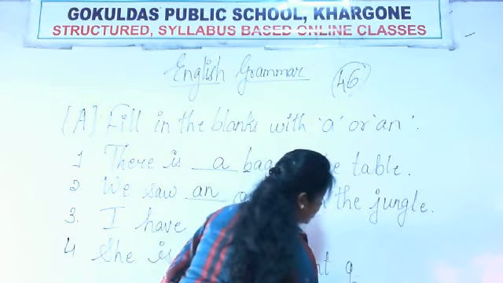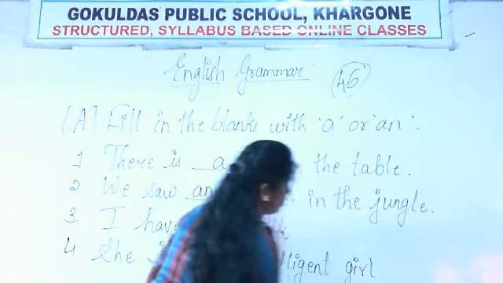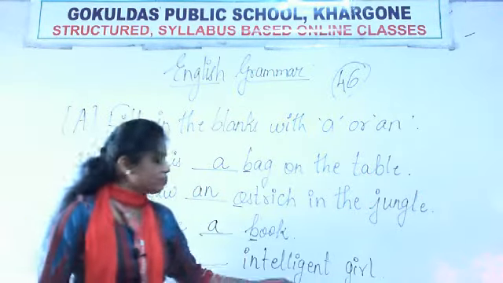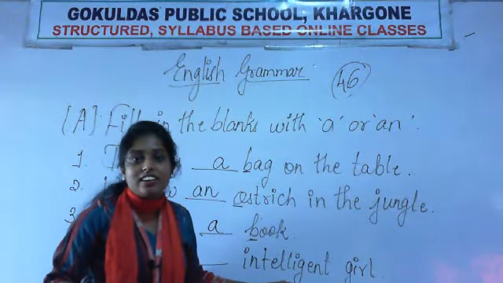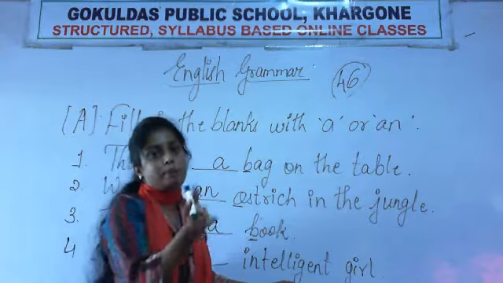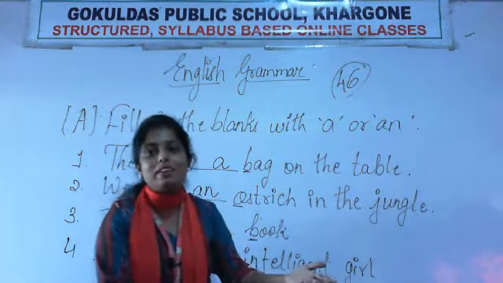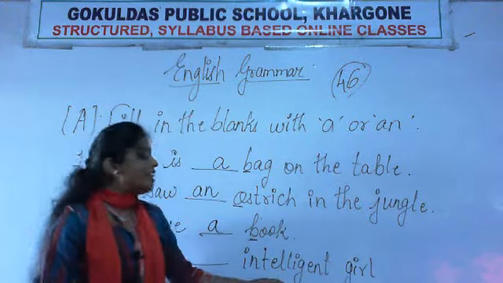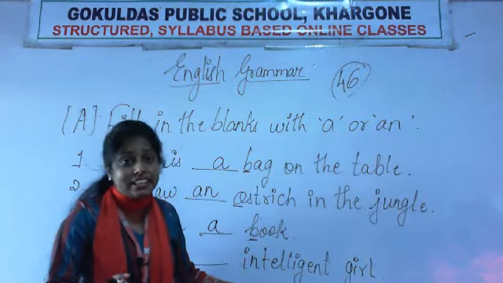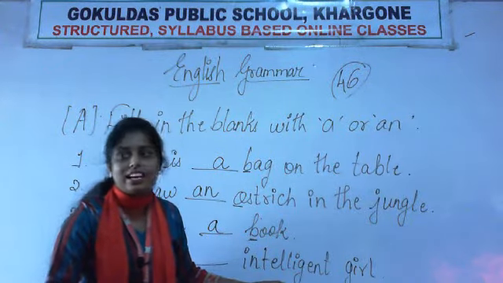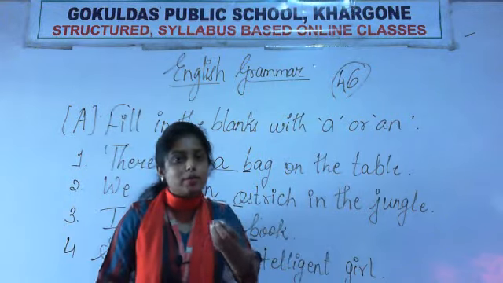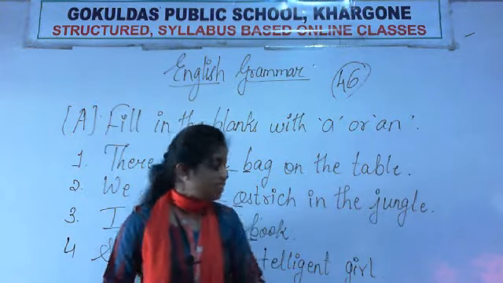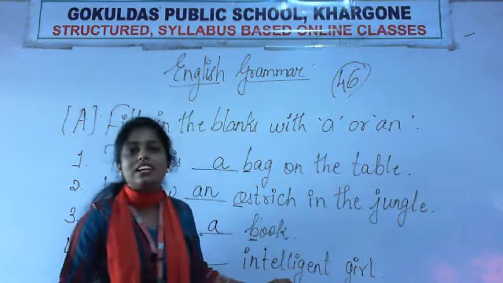She is dash intelligent girl. Okay. Putting A and an aside for a moment, can you tell me what is intelligent? I told you this in the last chapter that we had discussed. Intelligent is what? It's an adjective, right? It is describing the girl, describing the quality of the girl, what kind of girl she is. We got to know a little more about the girl with this word only. So this word intelligent is what?